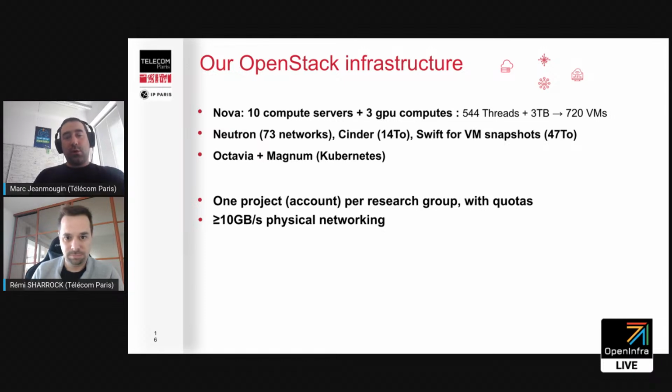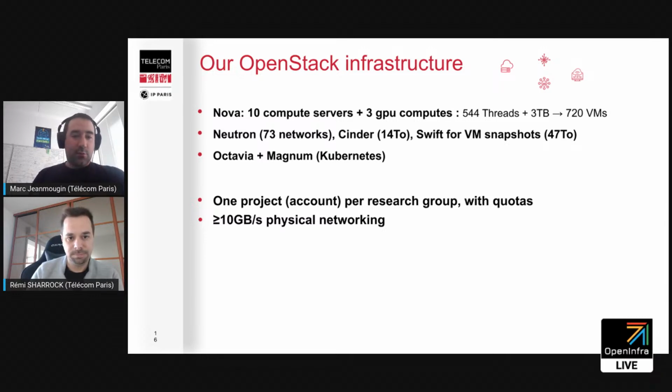The way we work, we give one account for one project per research group, so that research group can share the VMs and share the networks, and are allowed to create networks, VMs almost freely, basically. So we end up with almost 80 networks in our cluster. And we also have lots of space for storing objects and storing images and snapshots, so that everyone can, without too many restrictions on backups and snapshots, store whatever they want in the cluster.